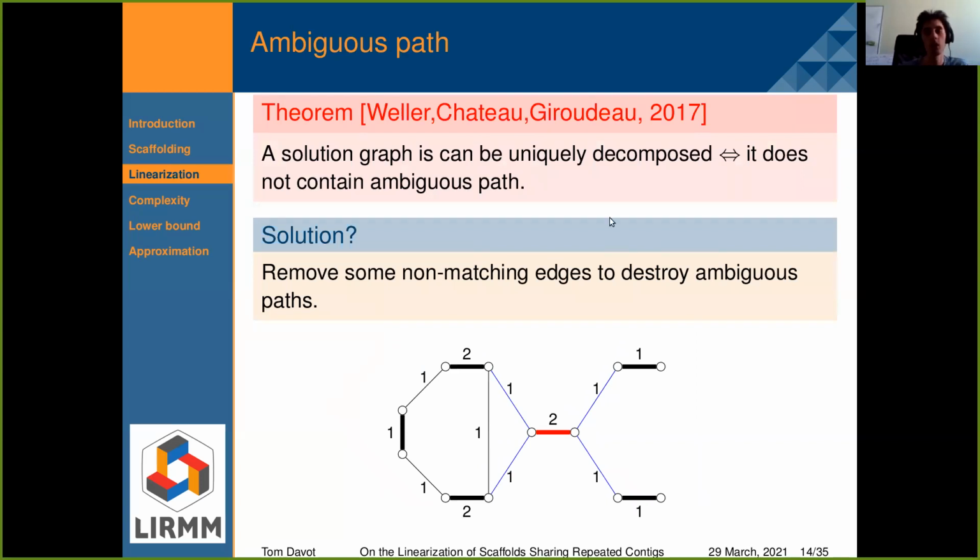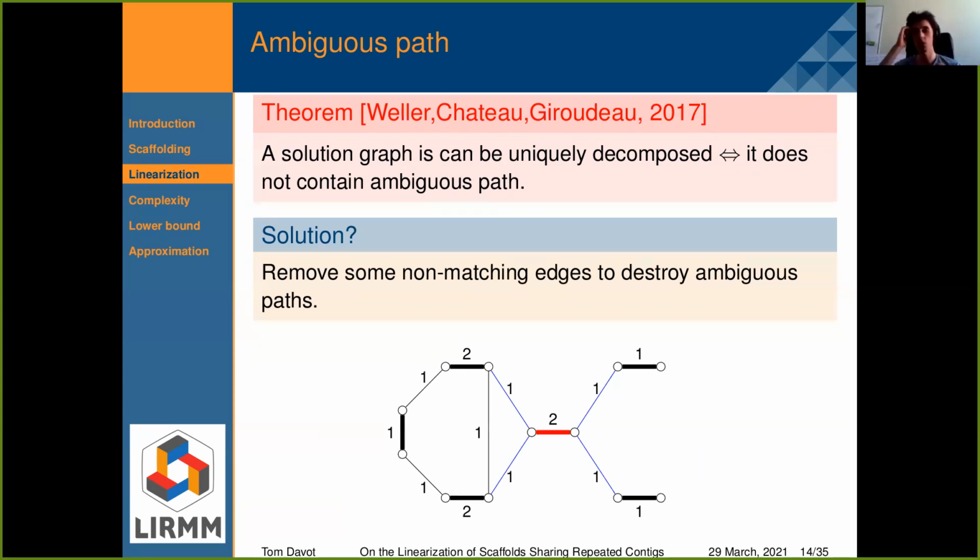And we know from the work of Matthias Weller, Annie Chateau, and Rodolphe Giroudeau that the scaffolding problem has a unique optimal solution if and only if the solution graph does not contain an ambiguous path. So we have to remove the ambiguous paths before producing the sequences.